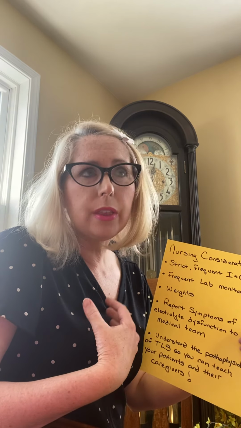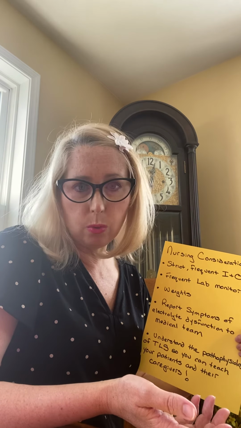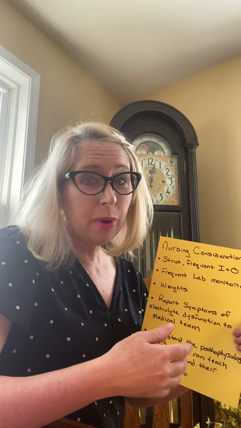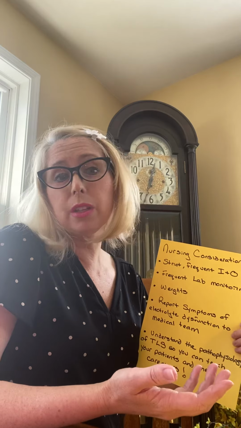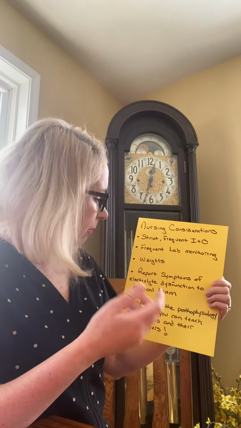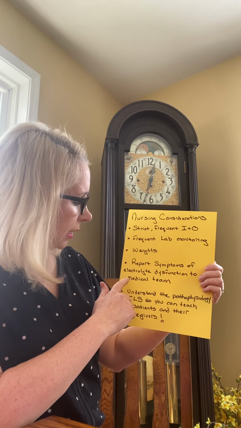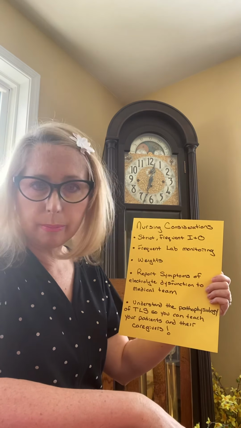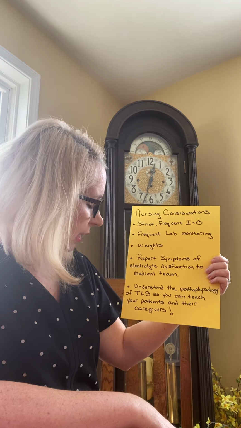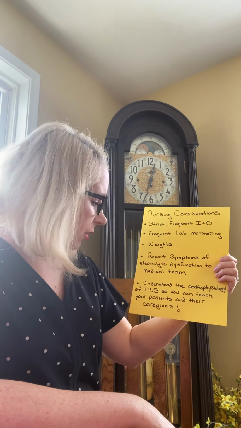In our lab, they might call for a potassium of 5.1, but when a patient has a uric acid of 14, you might not get a call at all. And that's why it's really important for you to go in there and see what your patient's lab results are and report those. Also, reporting any symptoms of electrolyte dysfunction to the medical team. And the last thing that I have here is understanding the pathophysiology of tumor lysis syndrome so that you can teach your